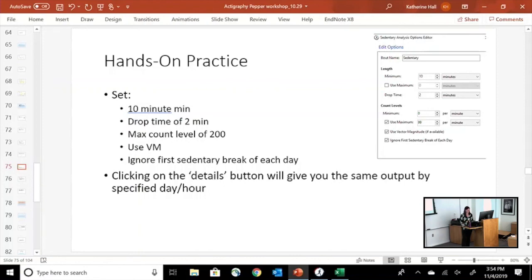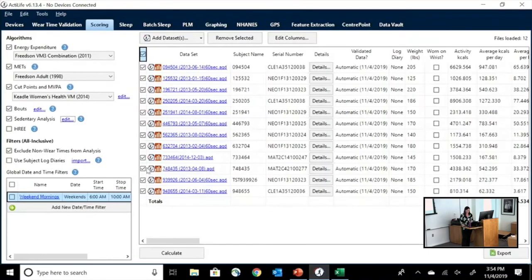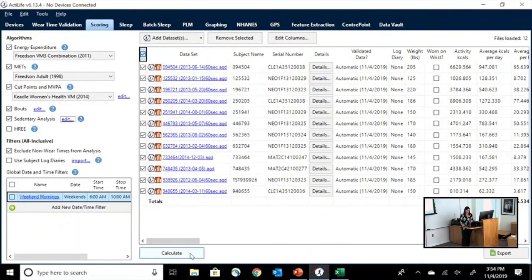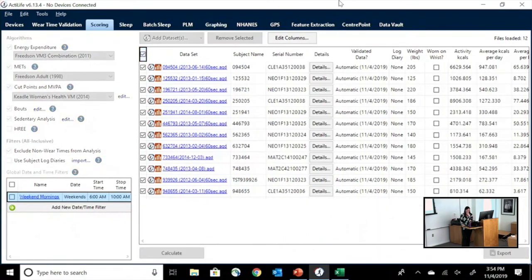All right, how does it look? Any questions on that? All right, click accept. And if we click calculate for our 12 files,